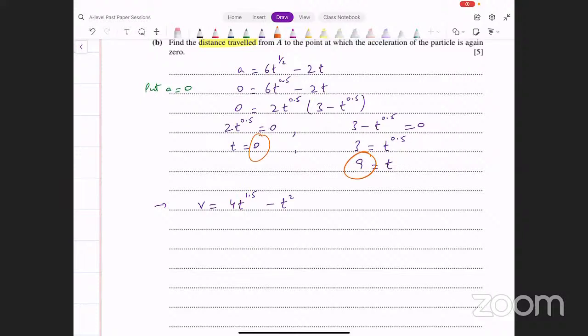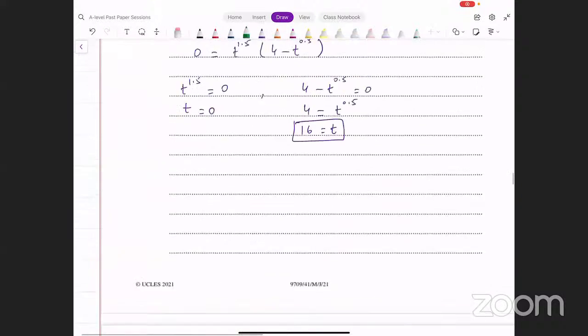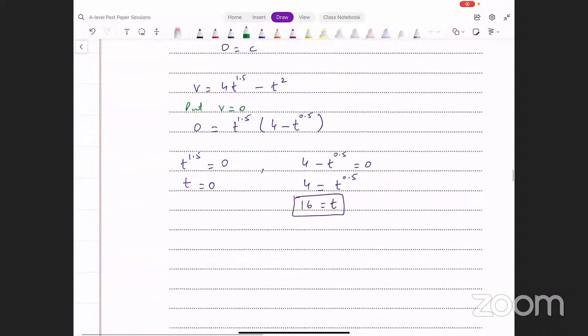है ना। तो हम 0 से लेकर 9 तक इसमें लिमिट्स इनपुट कर देंगे and that's going to give us the distance traveled. You just have to be careful in such situations के दरमियान में आपकी डायरेक्शन तो नहीं चेंज हो रही, वेलोसिटी 0 तो नहीं हो रही दरमियान में। वो हमने ऊपर फाइंड किया, हमें पता है कि वेलोसिटी 0 या तो टाइम इक्वल 0 पे होती है या उसके बाद टाइम इक्वल 16 पे होती है।